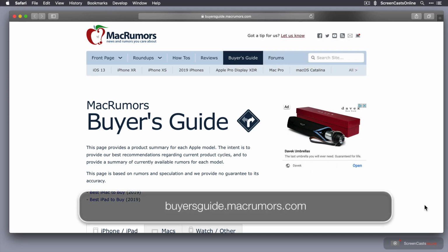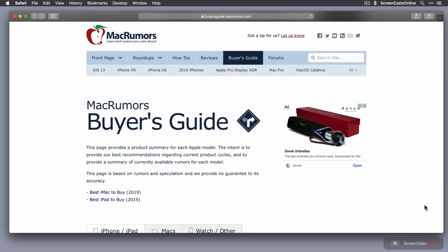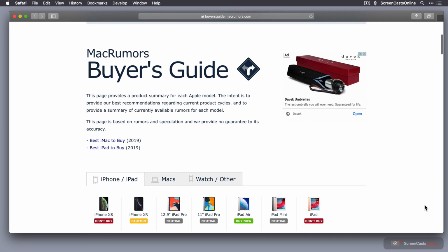And just a word of warning, I am recording this tip several weeks in advance of releasing this particular tip video, so the information that you see might be slightly out of date, so go ahead to buyersguide.macrumors.com to get the latest information. So if we scroll down, you'll see there are tabs here: iPhone, iPad, Macs, Watch and